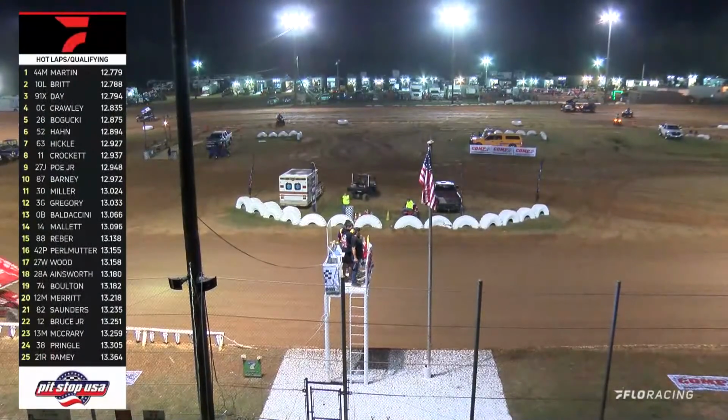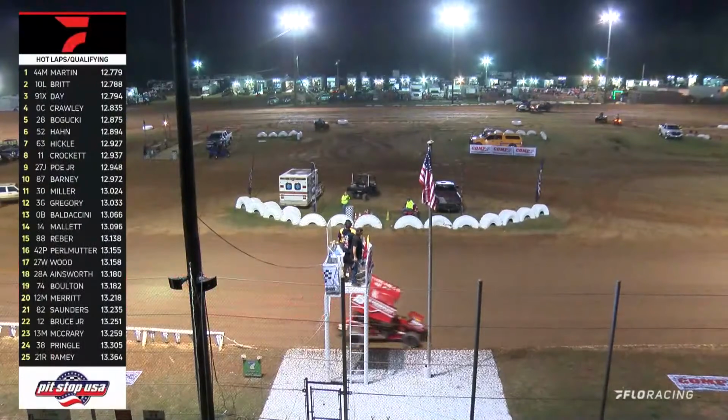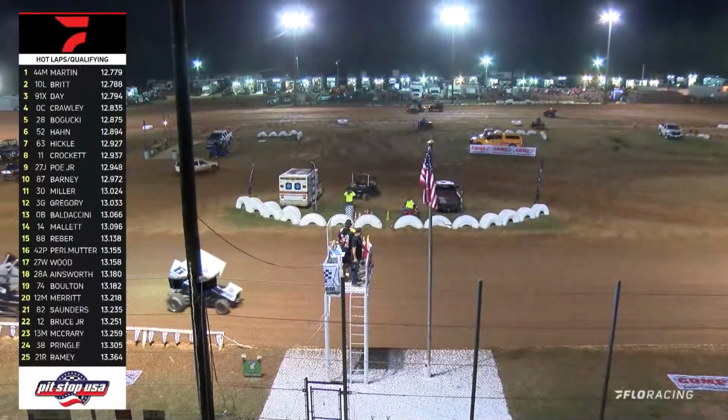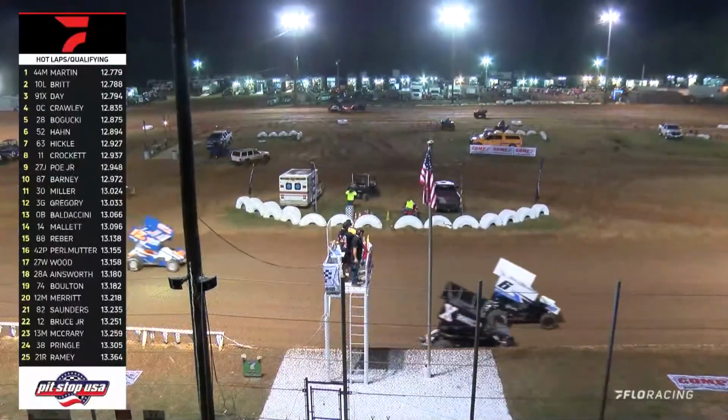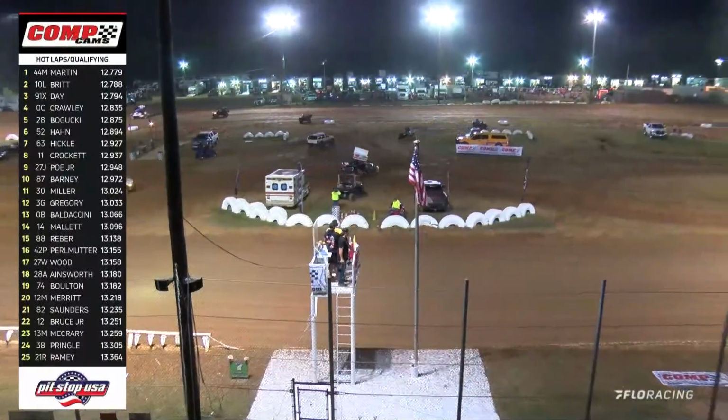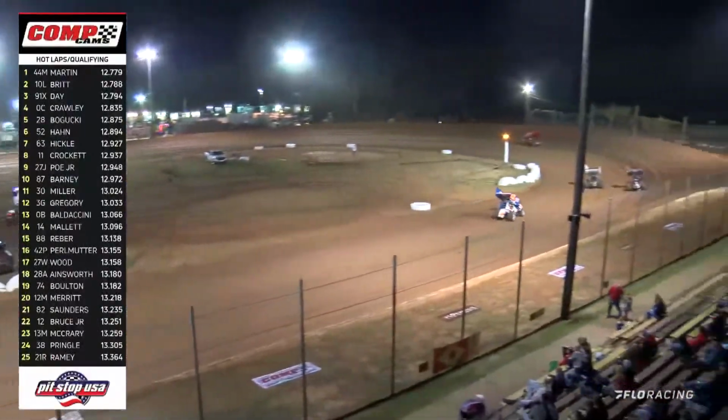So drivers, again, drawing into their heat races, but they will qualify only within those heat races. So heat race number 1, those are the drivers you're qualifying against. Heat race number 2, likewise. 3 laps in qualifying to set your time. It is a 4-car invert. The winner of the heat